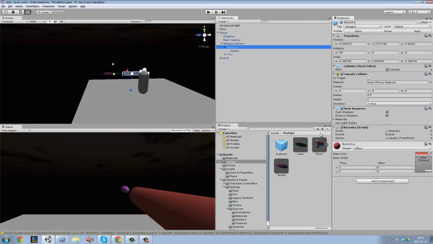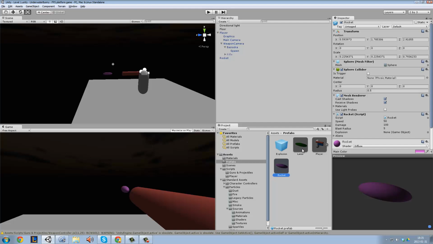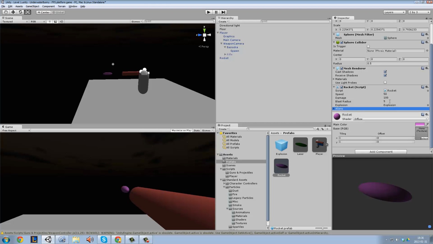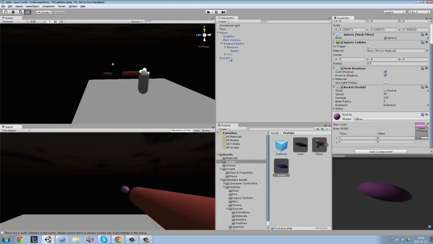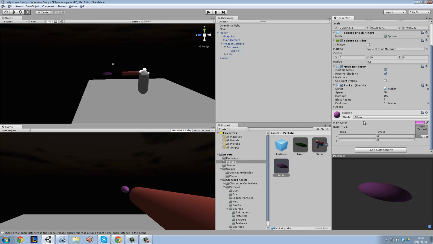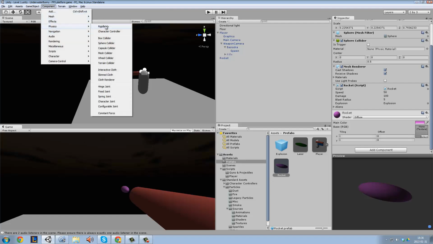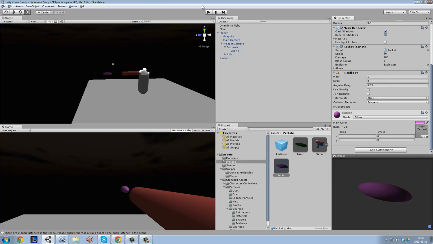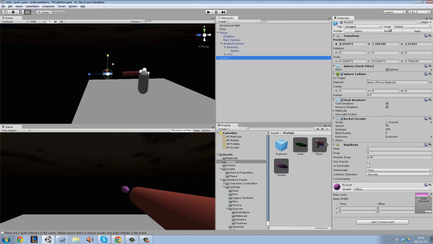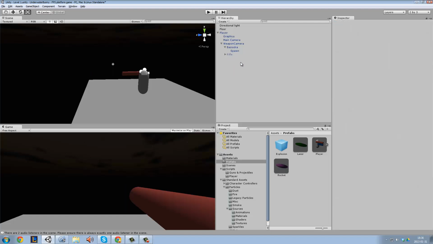Then in bazooka, the rocket, take the explosion and drag it to explosion. Here's the alien list, blast radius, damage, speed, and let's try it out. I think I missed something. Yeah, of course, you have to add a rigid body to the rocket. And uncheck use gravity and delete the rocket in here, and last